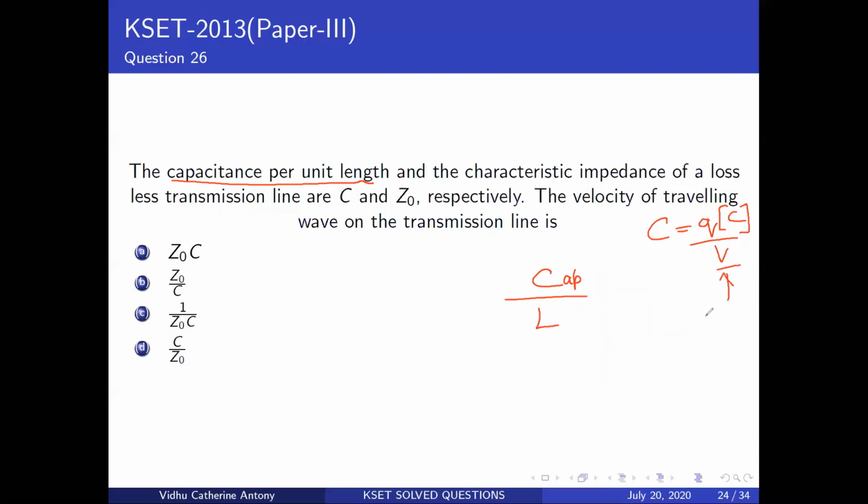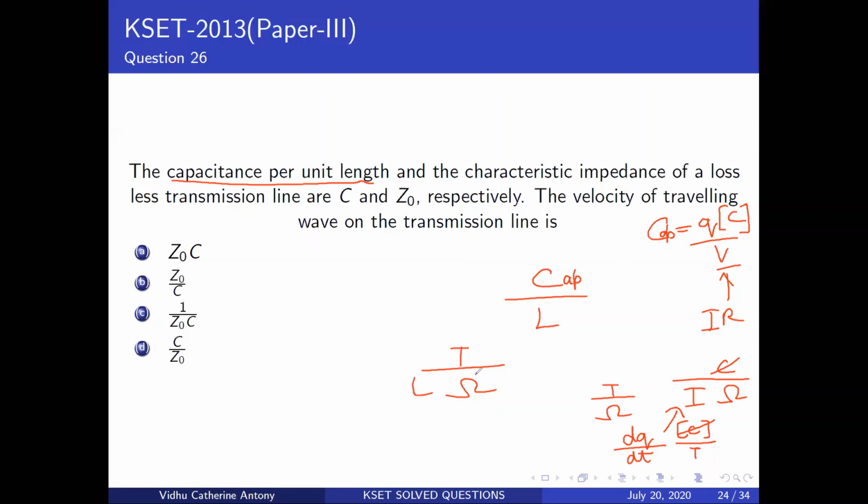And this I will simplify using V is equal to IR. So I end up getting a coulomb and I. Let me write this as cap so that I don't confuse it with the coulomb sign. And this is your ohms. Now, what is your I? Let's look at these simple formulae. Your I is equal to dq by dt. That means you have a coulomb and also a time. Let's cut off this coulomb, so basically you end up having time divided by ohms. So I will substitute this as time divided by your resistance into your L.